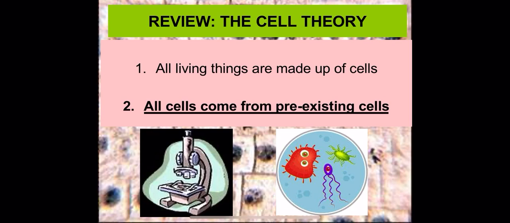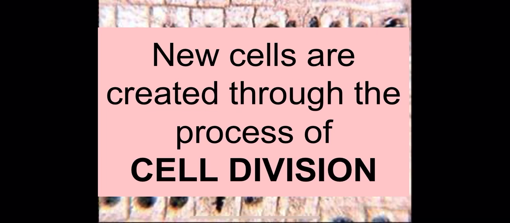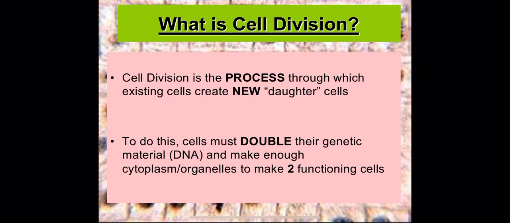Remember that before the cell theory was truly proven, people believed in something called spontaneous generation, which was this idea of getting living materials from non-living materials. And we know that Louis Pasteur was able to really disprove that through his maggots in a jar and rotting meat experiment. It really showed that you can only get living things from things that were already alive. So again, this process is called cell division, and this is the process of making new daughter cells.